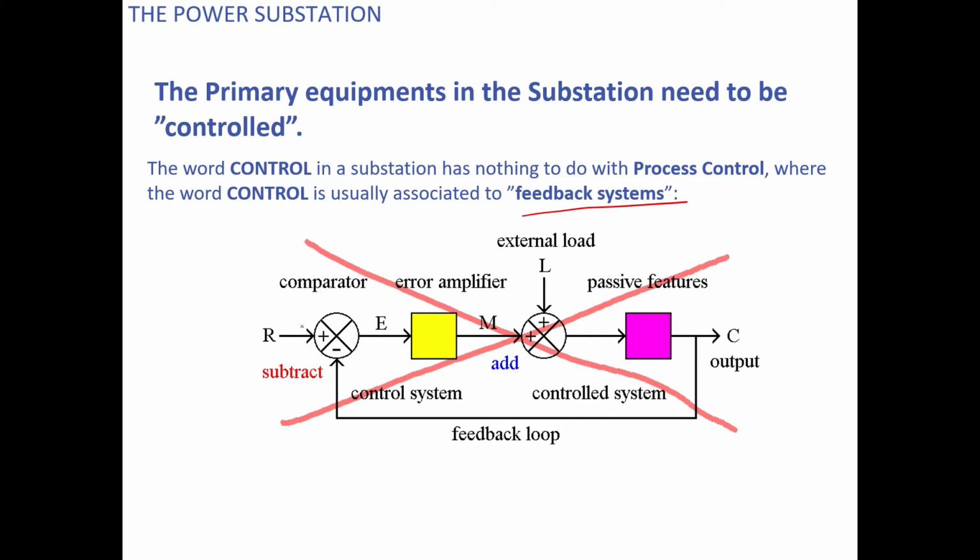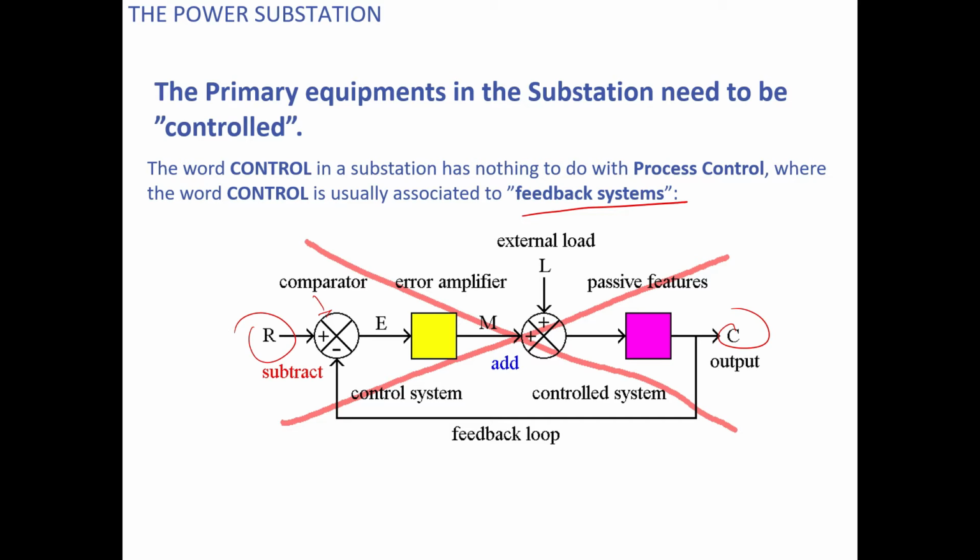In case of feedback system, if you see here, R is any input and C is any output, and this is a comparator where a portion of the output is compared with your input signals, and if there is no mismatch, then no error signals will be generated and no compensations will be required. However, if there is any mismatch, then the corresponding error signals are generated, and on the basis of those error signals, the decisions are taken to refine your output signals or the input signals so that the input and output match at all times, and this is called the feedback loop.